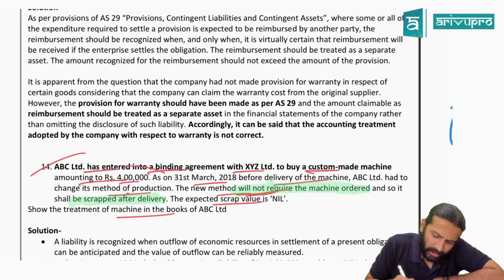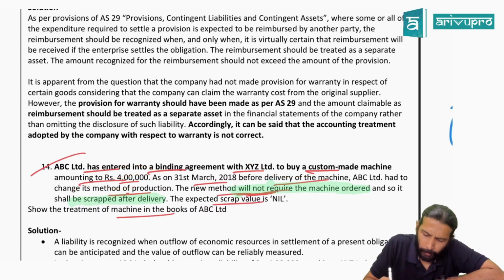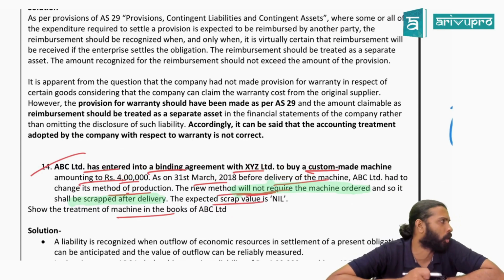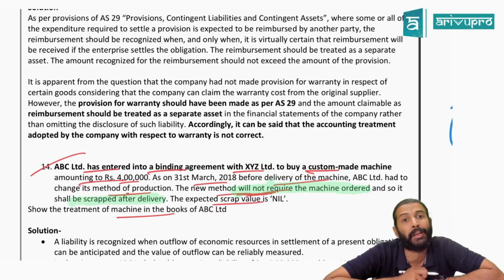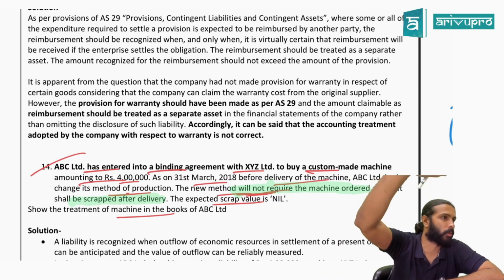Have you already paid this 4 lakh to that vendor? Probably not, because you have not yet taken the delivery of that machine. No. Can you tell the vendor, no, I won't pay you, or do you have a liability to him? You have a short shot, not a provision. You have a liability only here. Yes or no?